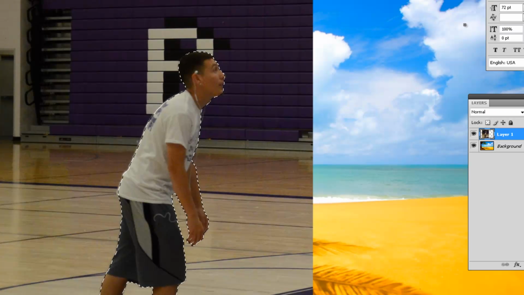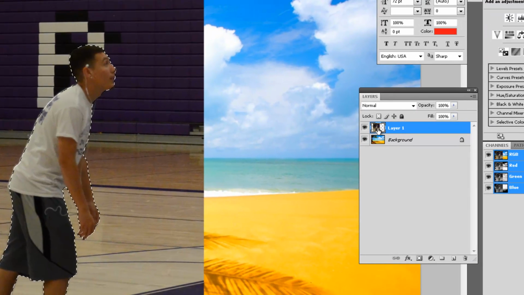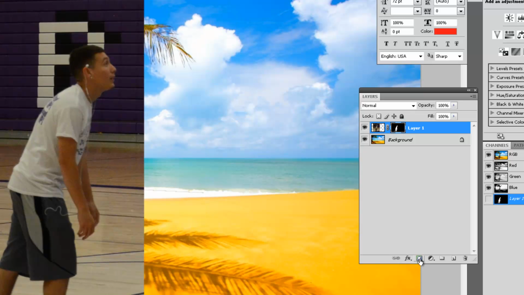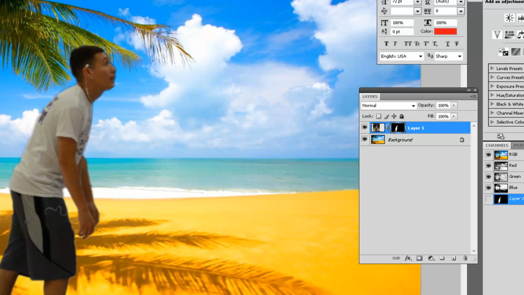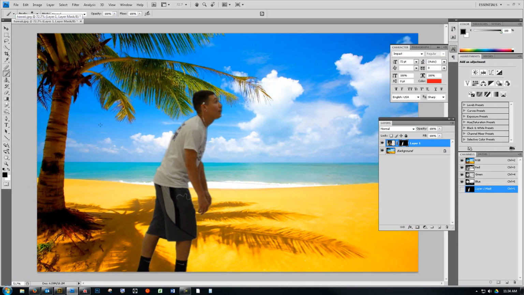Now we're almost done. All I have to do now is add a layer mask to this. So all I'm going to do is click right on here, and that adds a layer mask. And you can see that removed most of the background for me. Awesome. See my layer mask? It's already all filled in. Now all I got to do is come in with the brush tool. And remember, if it's set to black,